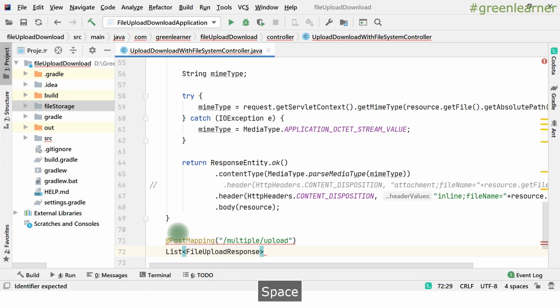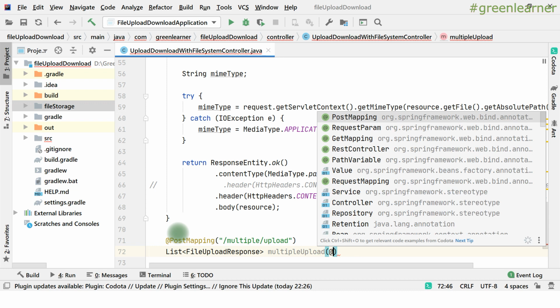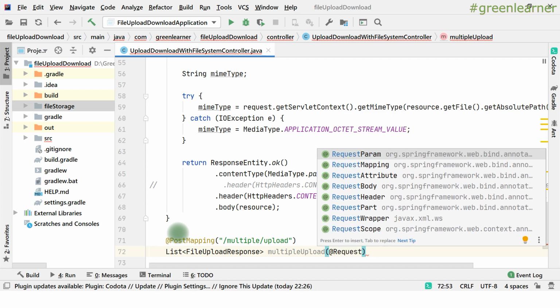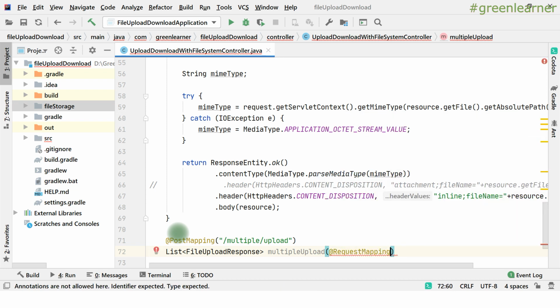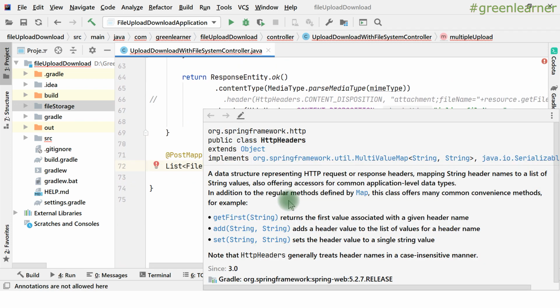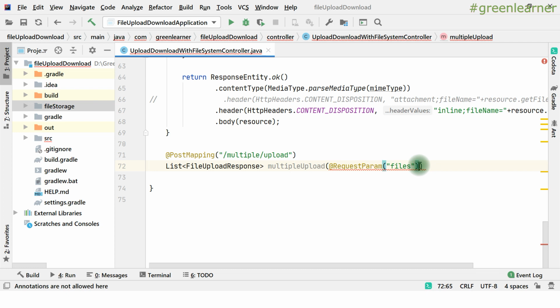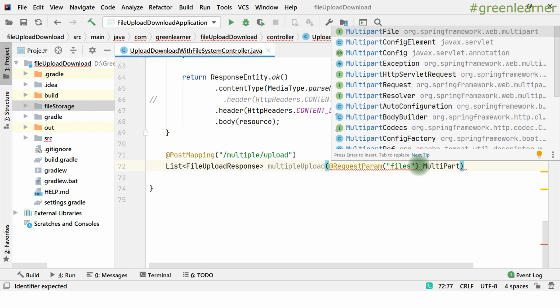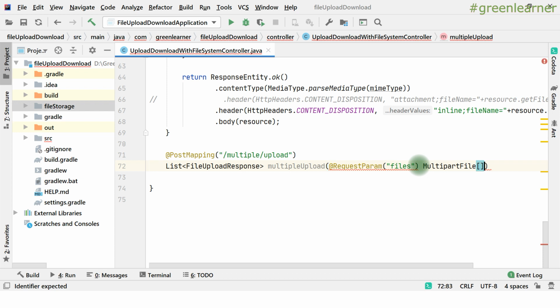Name it, and what I want from the input is a request param, not a request mapping. Under this I want the files to be uploaded into the system. That will be the name of the file, not a String but MultipartFile, as we are taking files from the system. So files, right? This is what we needed.